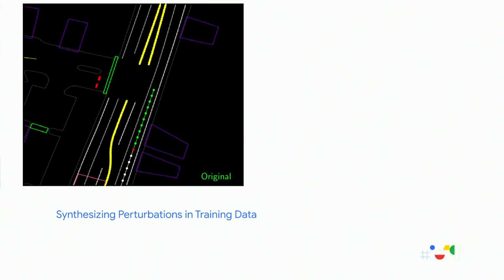So in this case, we again need some sort of mechanism to teach the net this recovery, but it cannot be done simply by augmenting the data the way we did before. So consider this training example. Here the red dot is the current location of the agent, white dots are the past poses, and green dots are the future that we want the net to predict. Now we take this example, we shift the position of the agent, which is the red dot, randomly along one direction, and we fit another trajectory through the red dot and the first and last points to generate a smooth profile.